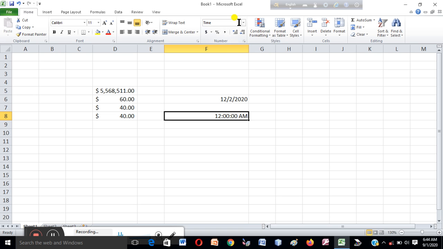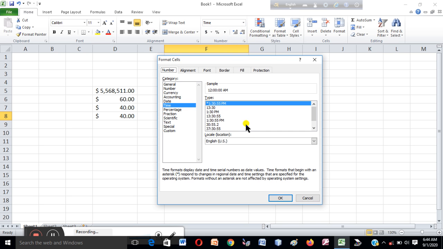You can format it, open the format option, and use different types of formats that are there. Time format. Look, these are the date with time.